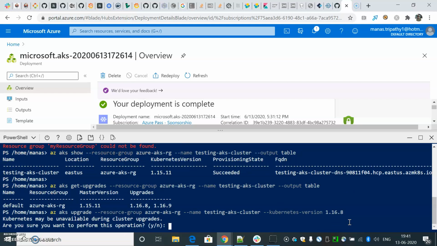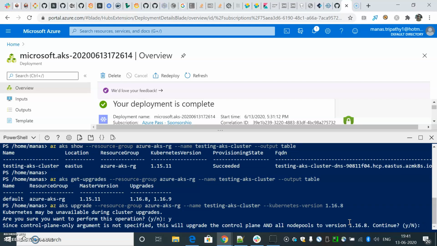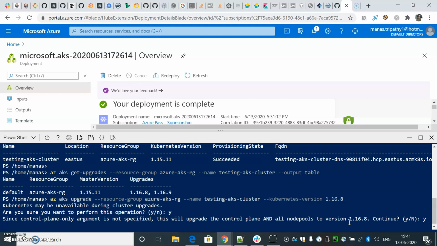Are you sure you want to perform this operation? Yes. Since the control plane only argument is not specified, this will upgrade the control plane and all the node pools version to 1.16.8. Yes, we want that.